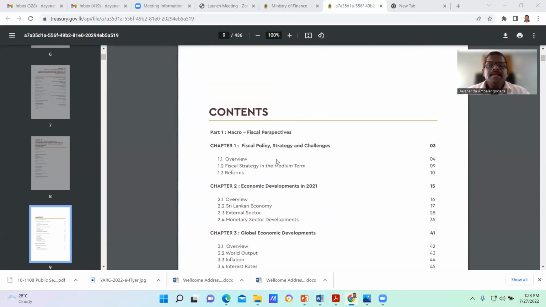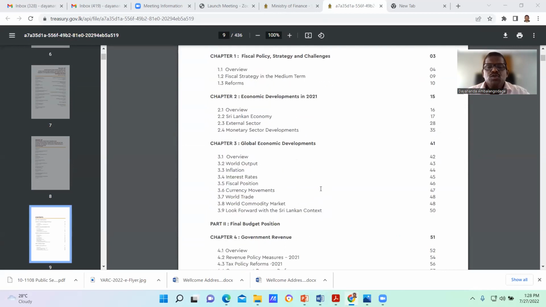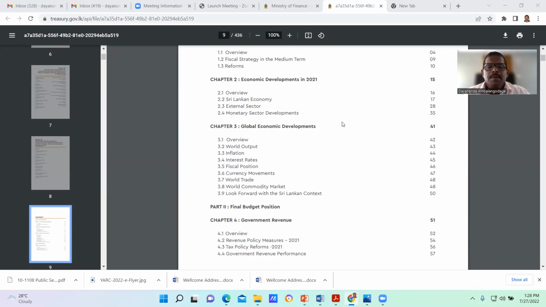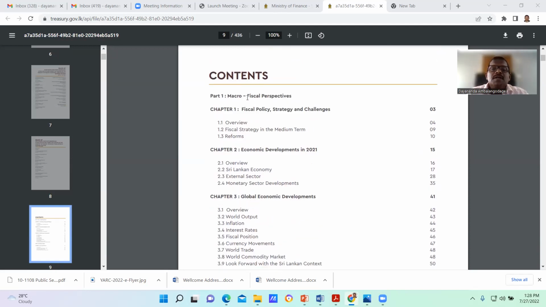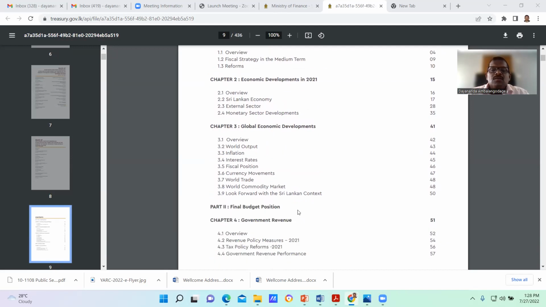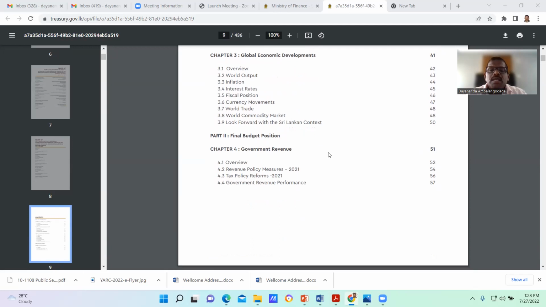Let me read the contents. The first is fiscal policy strategy and challenges, economic development in 2021, global economic developments, and final budget position. Under the final budget position, you get the financial performance. Chapters 1, 2 and 3 are about the environment in which the public sector operates in the particular year. Second, you get the performance in government's